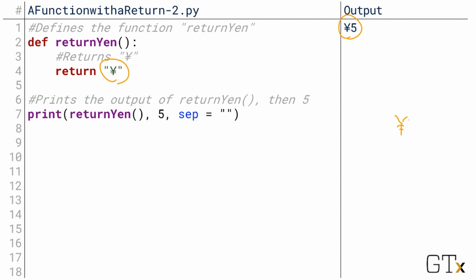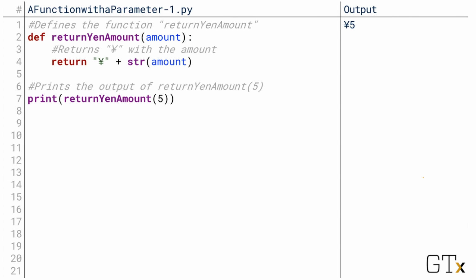So instead of forcing the main program to always add the value to print alongside that symbol itself, why don't we instead make this function simply return the string version of the amount of currency preceded by the symbol for yen? In other words, instead of having this function return the symbol for yen and then have to print the number 5 separately, why don't we instead put the number 5 into that function and have it return the entire string? Well, to do that, we need to send in the amount of currency to use as input into the